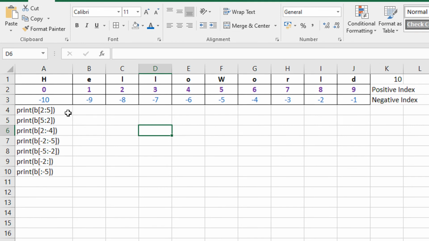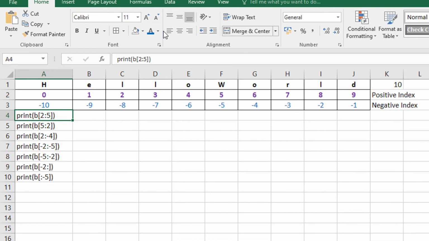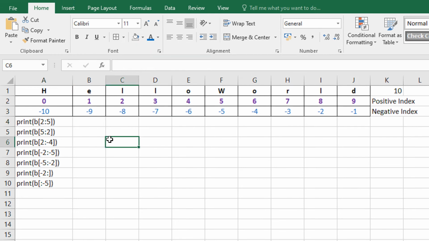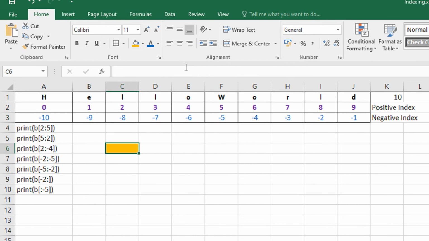Now let us work upon, as we saw, print of string b[2:5]. I already explained this in the last lecture, but now we will see it more visually. Let me select the highlighter. When I say I want the string 2 to 5, I keep my pointer on 2 and I go up to 5, but I don't include 5.